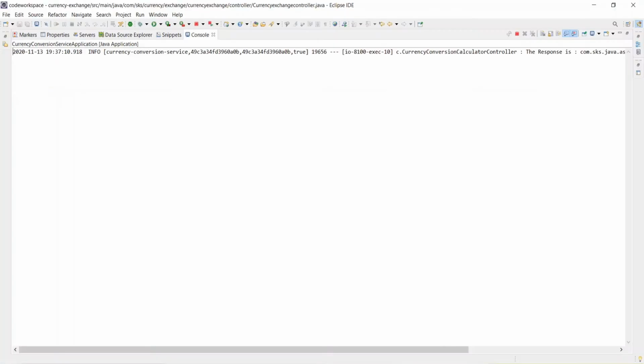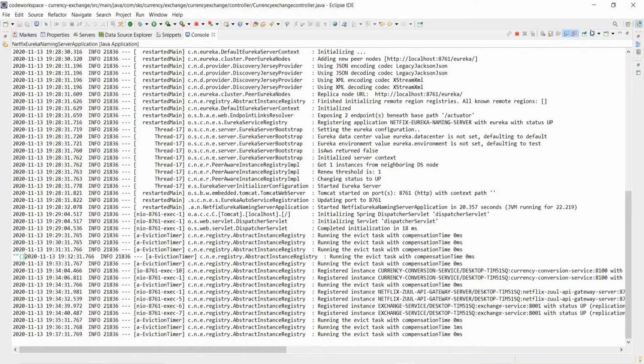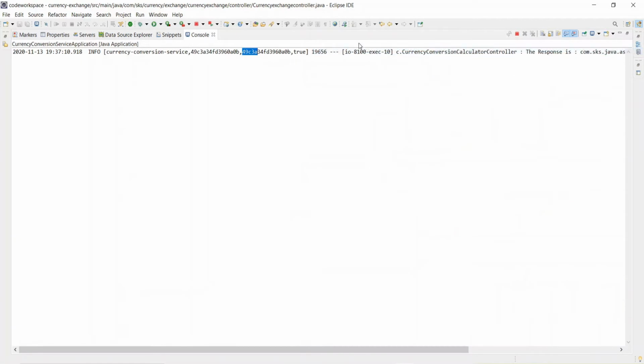Refresh this. Now go to Eclipse and see here. If you see the logger info you have put, in the logger info these four things are coming. So this is the application name, the name which we had put into the application.properties file, this is the trace ID, which will be unique for that particular request, this is the span ID, which will be associated with the microservice, and this is the boolean, and this is the response, the message we had put over there, right?